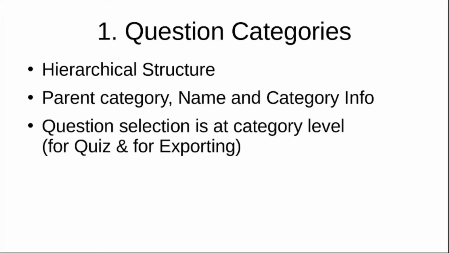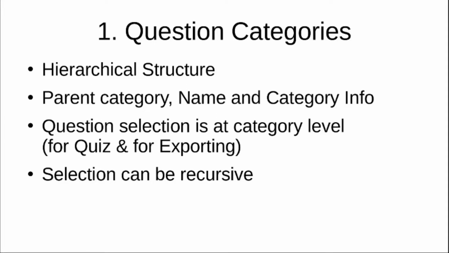And usually when we want to select the questions for a quiz or to export to a file, the selection of the questions is at the level of a category. So therefore you should organize the categories as fine-grained as you would like, so that the selection would not require you to go on and delete some of the things that you did not want to select. And the selection can also be recursive, which means that you could have the hierarchical structure in such a way that if you were to recursively select all the categories below this level, then that would be actually convenient for you to include in a quiz.